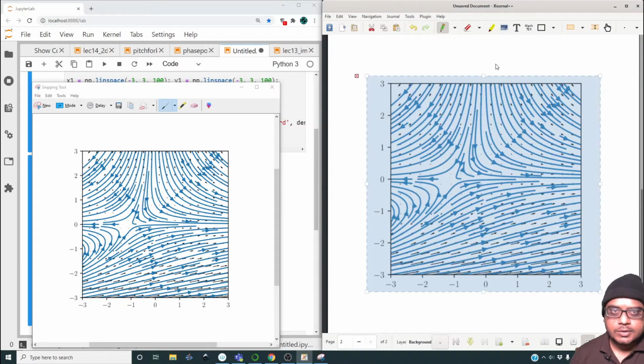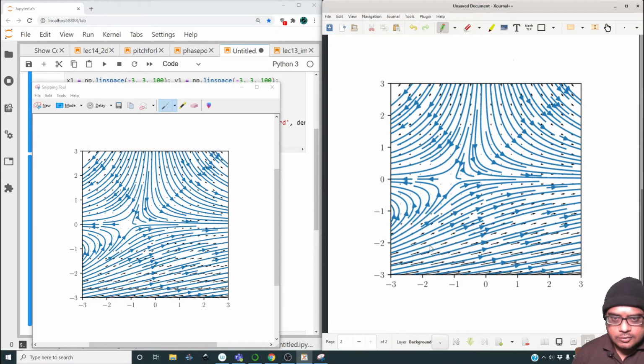Okay, so let us try to make sense of this. If you have a close look, there appears to be a stagnation point over here, meaning streamlines go like this and like this and like this and like this. Things appear to be converging along this particular line, and it appears to be diverging along this particular line. These two sets of curves appear to demarcate the entire phase plane into this kind of behavior. As t goes to infinity, the trajectories are attracted towards the unstable manifold. So this appears to be the unstable manifold,